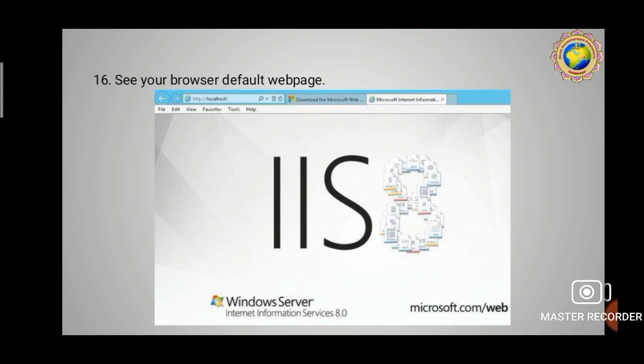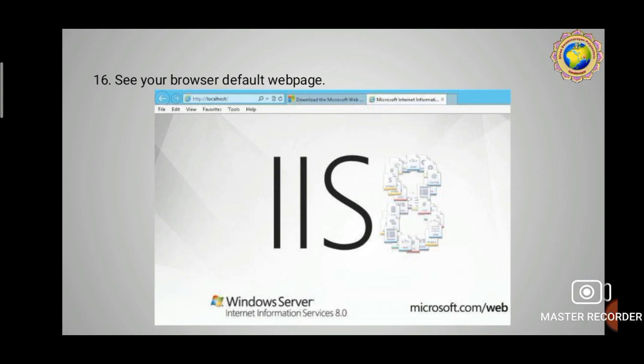Okay, so this concept is a very important concept for the G2 exam. How is this question asked in the G2 exam? In the G2 exam, the question asked is: write down the steps of the installation process of IIS Windows Server. Whenever this type of question is asked in the G2 exam, then you have to give the following